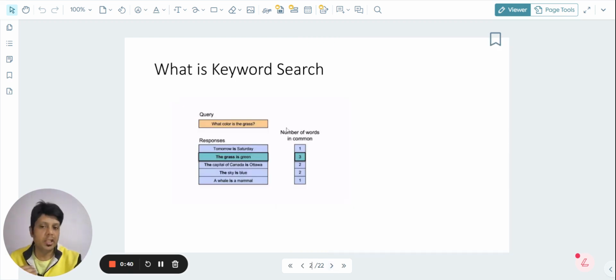So what is a keyword search? When we search with this query, what color is the grass, and we have this data set, it will go and search for the maximum number of common words. So with tomorrow is Saturday, there is only one common word. The grass is green has three common words. The capital of Canada is Ottawa has only two, and so on. So the maximum number of common words is with this sentence, the grass is green, and it will retrieve